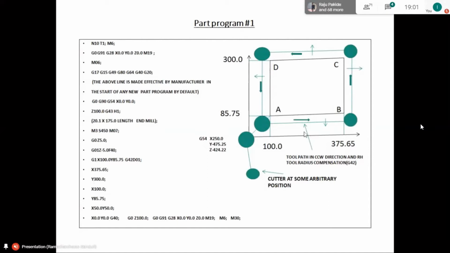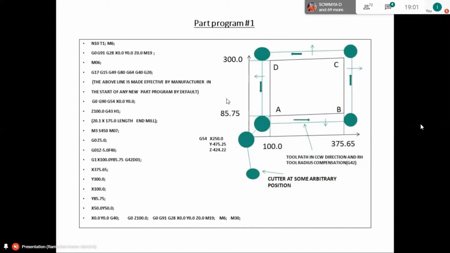That means somewhere here. That means the cutting tool is sent away from the workpiece profile, and then I have given X0, Y0, G40. Here what happens? From 50, 50, the cutting tool will come to X0, Y0 with cutter compensation cancelled.